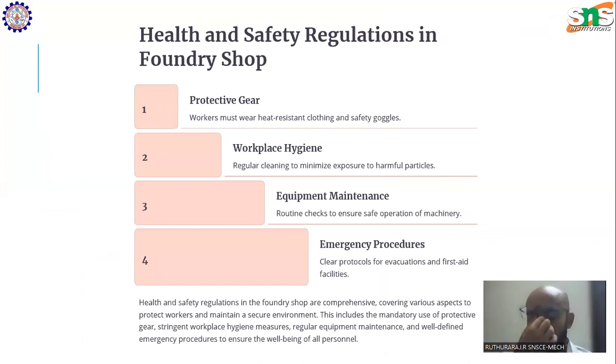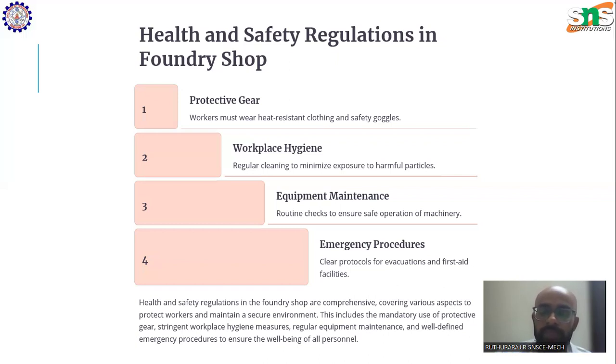Since the foundry is a very hard place to work, the workers have to wear protective gear during the entire process to prevent heat burns, etc. To prevent dehydration and any metal spillage on them, they have to wear heat protective gear. Heat resistant clothing should be worn by them, and similarly goggles should be used by the workers at every step necessary. And workplace hygiene, the foundry should be maintained with proper